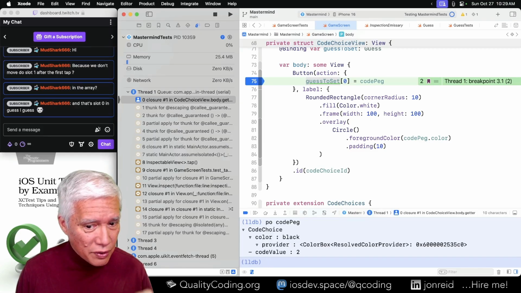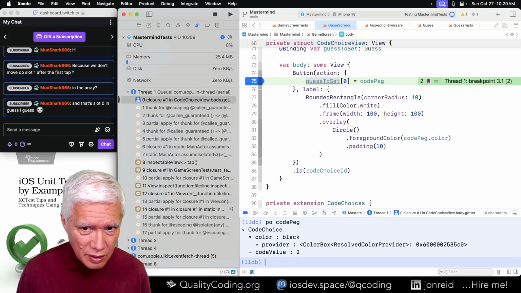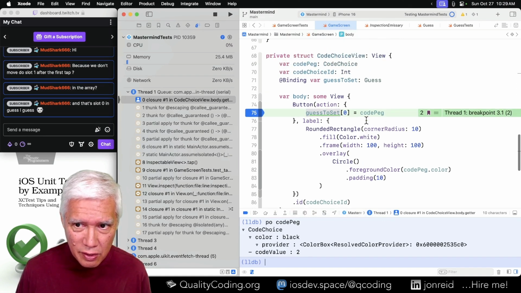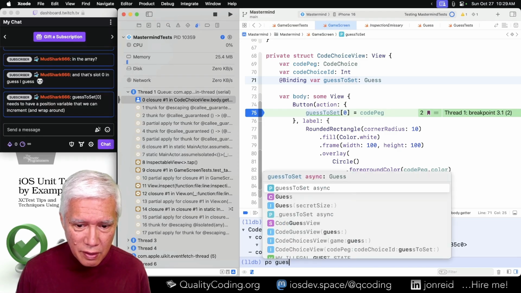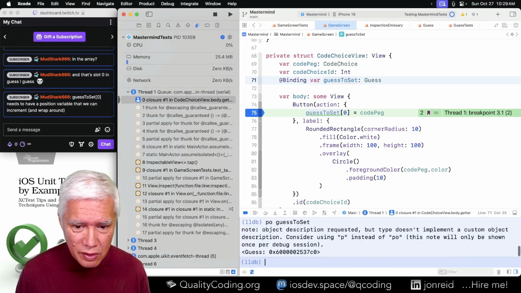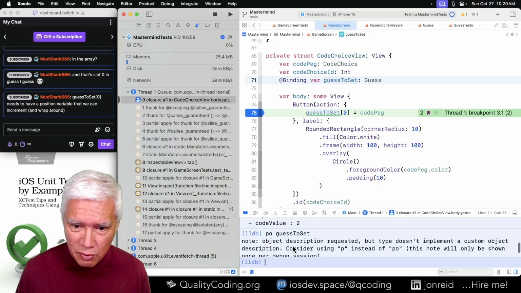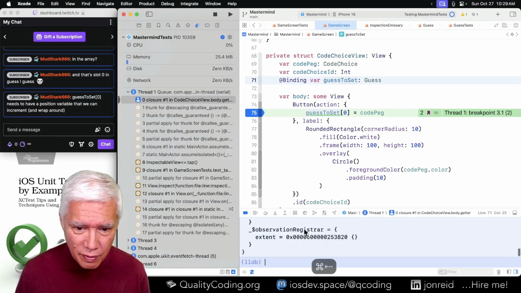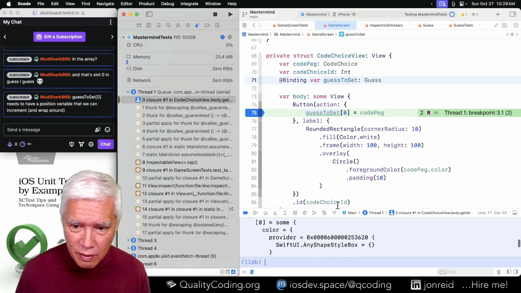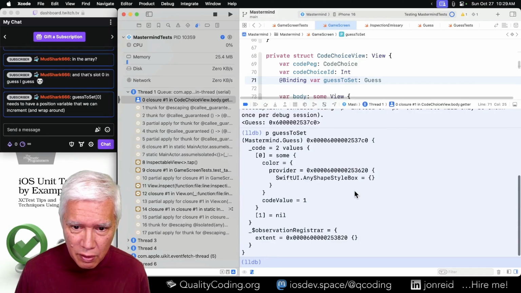So that's code value 2 going in the guess to set. Okay, so guess. Let's see what it will show us. We don't have a description. Okay, so that's the difference between P and PO.